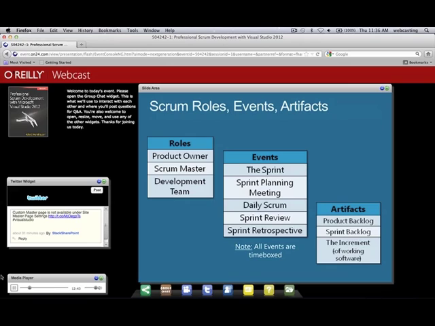And then the other artifact here is the increment, and this is the software product that the team is working on, including the new features and bug fixes that they're adding to it during the sprint. So the thinking is the increment is always getting larger, and at the end of the sprint and sprint review meeting, you're showing off the software plus what you've done during the sprint. So there you go. There's basically the Scrum framework, at least the roles, events, and artifacts in about 3 minutes.